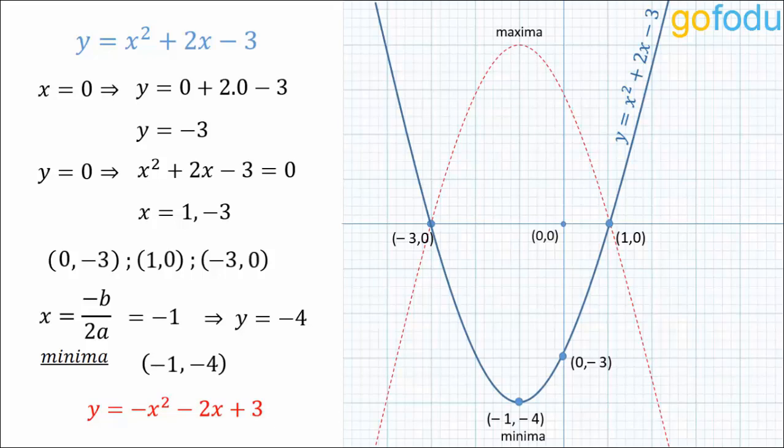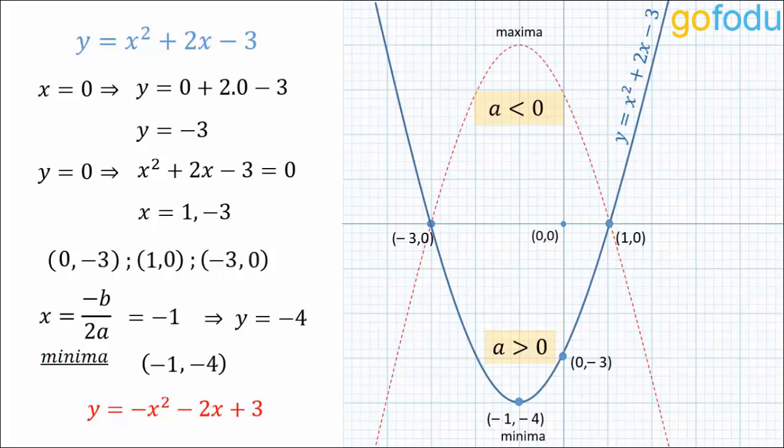Now our graph is opening upwards while the other graph is opening downwards, even when the roots are same. This opening of the graph could be predicted directly by looking at the coefficient of x square. In the first case, coefficient of x square is positive, it is 1. Whereas in the second case, it is negative, minus 1. So for a general quadratic function, y is equal to ax square plus bx plus c, if a is positive, the graph opens upwards. And if a is negative, the graph opens downwards.